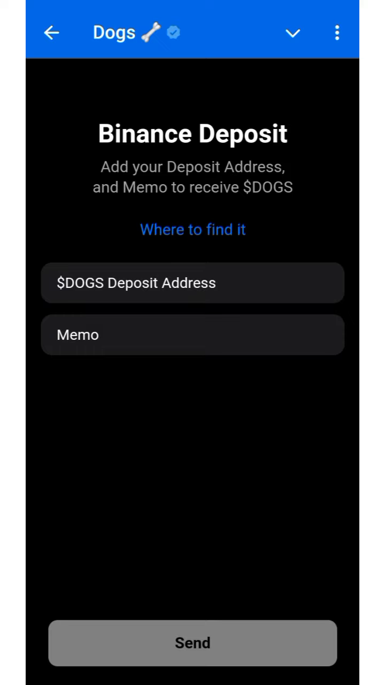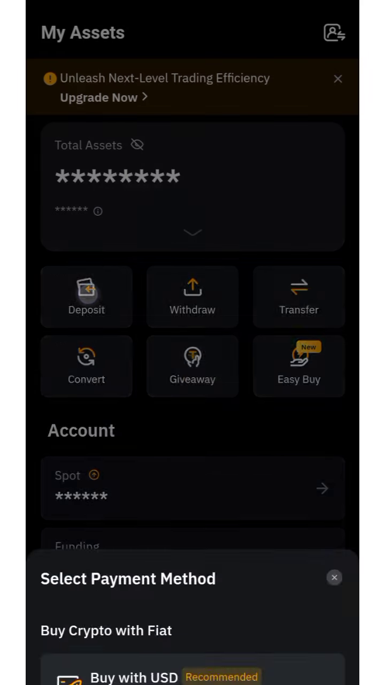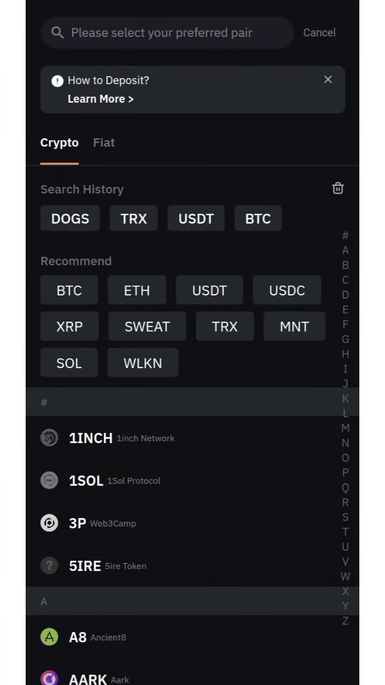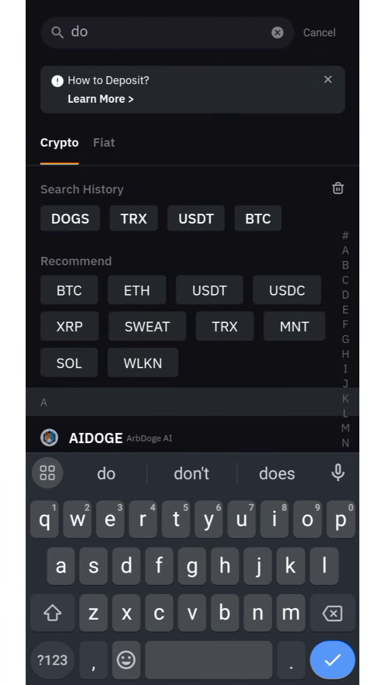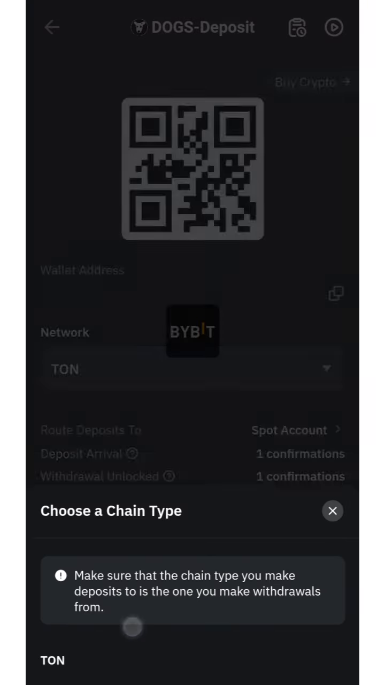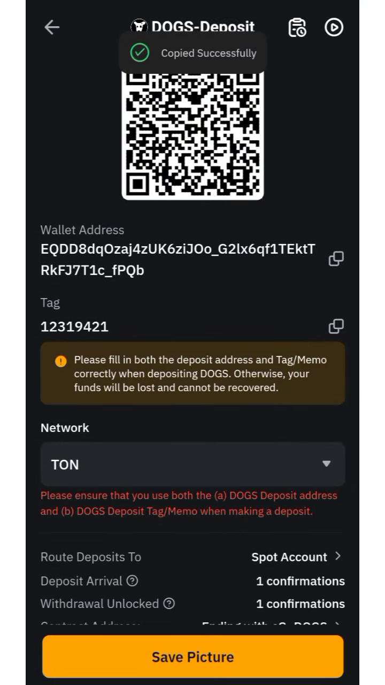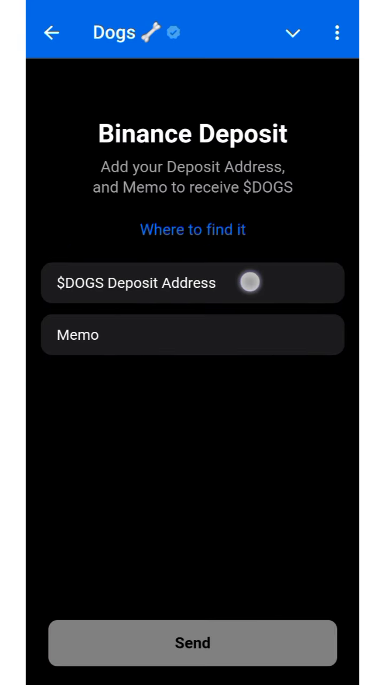Alright guys, so now what you need to do is to visit your Binance account and copy the DOGS deposit address and memo. So you visit assets, click on deposit crypto. Now what you need to do is to click here and you search for DOGS. Alright, so if you're looking on the screen, you can see DOGS with its logo. Then click on done. Okay, so now you just need to copy this address, minimize back here, paste the address here,